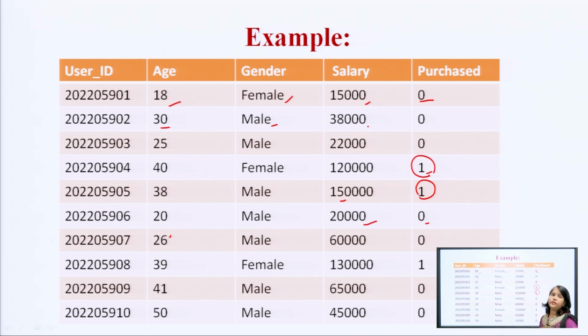With this particular training data set, what you have decided is that the person who has a salary above 1 lakh has a car. Here the salary is above 1 lakh, above 1 lakh, above 1 lakh, so he or she has a car. It does not matter whether the person is female or male; they have a car when they have a salary above 1 lakh.